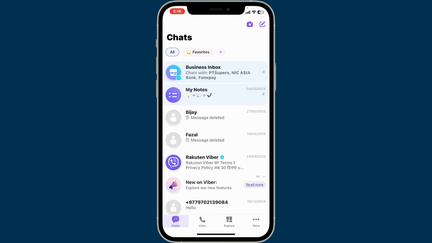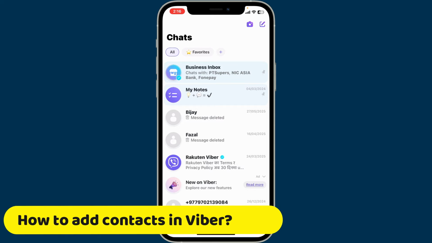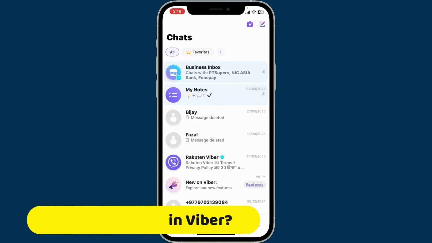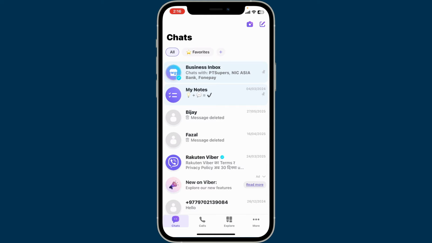Today I'm going to be guiding you through how to add contacts in Viber. Whether you are new to Viber or just trying to connect with more people, adding contacts is the first step to staying in touch. First of all, open up the Viber application on your mobile device and then go ahead